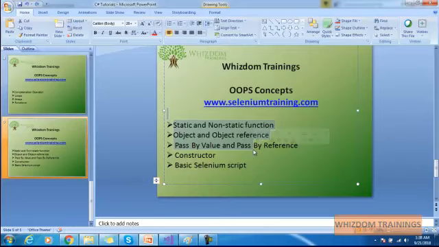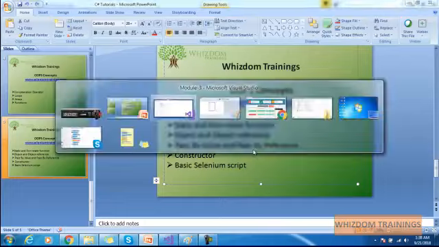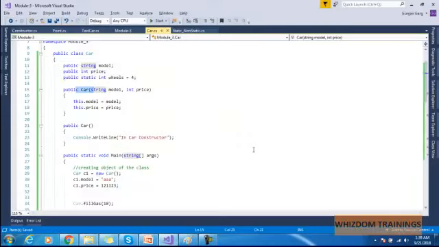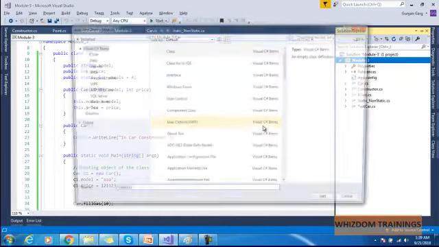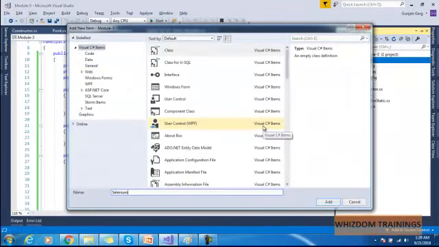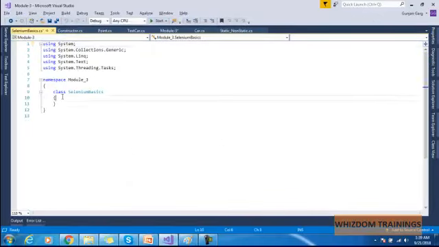So now in the end, let me just give you a small example of how the objects are used in Selenium. Okay, so what we will do is let us just create a new class. Say it is your Selenium basics, right? And then we'll just create a main function